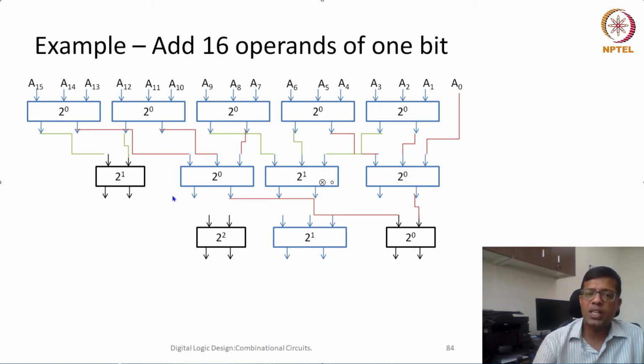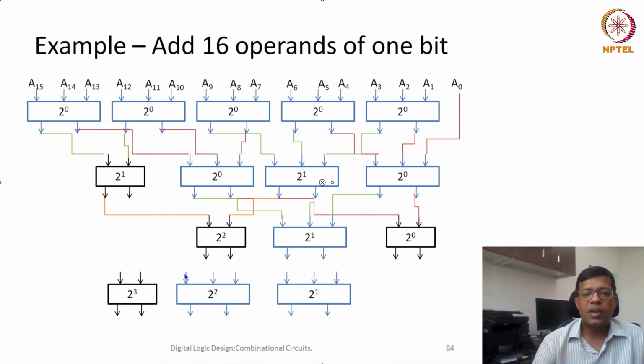So what should I select? I will select 3 of them. So I will select this one, and this one, and this one. Okay, so if we see, this particular output is of 2's power 2 place, so I can add in another half adder which is of 2's power 2. I am taking an orange color for this, and I am adding this 2's power 2 place output, which is this one, so I will add this one. Now this is the third stage of my 16 operand addition.